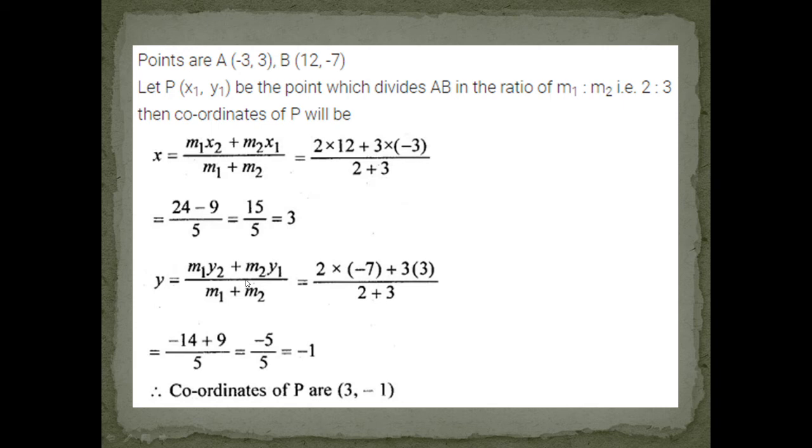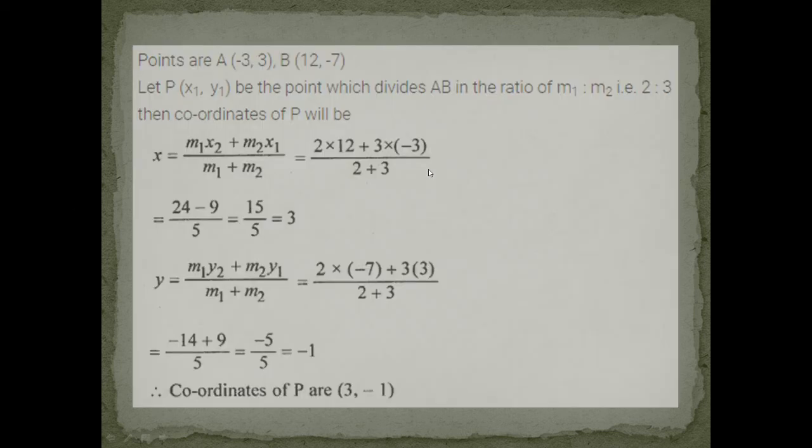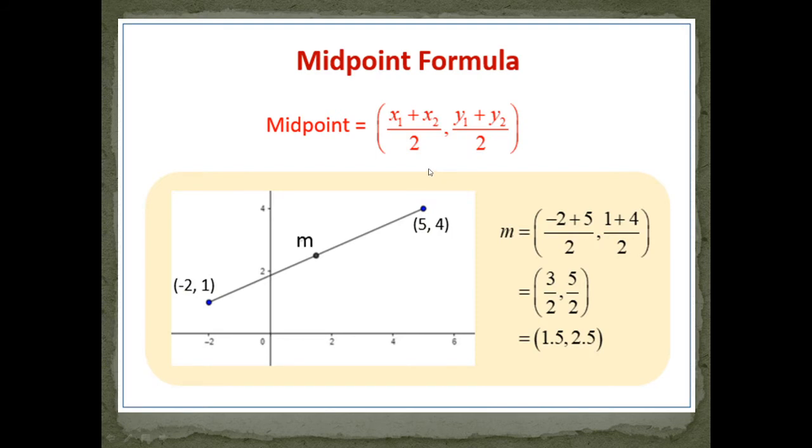Similarly, the y coordinate you can find by substituting in (m1 y2 + m2 y1) / (m1 + m2). After finding the x coordinate and y coordinate, write those two in order, so that is the coordinates of the point P, which is dividing this line segment in the 2:3 ratio internally. Also there we can see problems like in what ratio the x-axis is dividing the line segment, and in what ratio the y-axis is dividing the line segment in exercise 7.2. You are supposed to focus on that type of problems and practice more times.